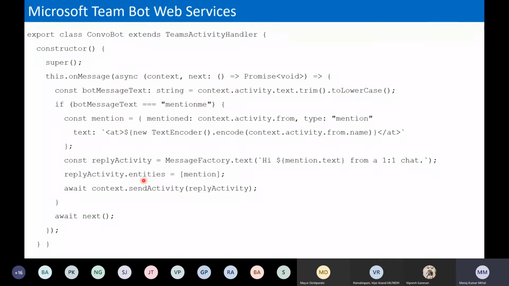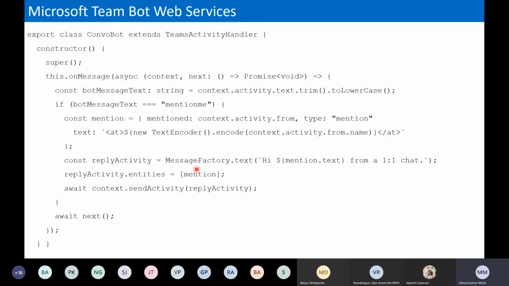Such operations like, I created one variable here mentioning the context of activity from and some text. It's just taking context.activity.from.name, so it's taking who is doing the conversation. It will give that particular person's name. Another important activity here is the message factory.